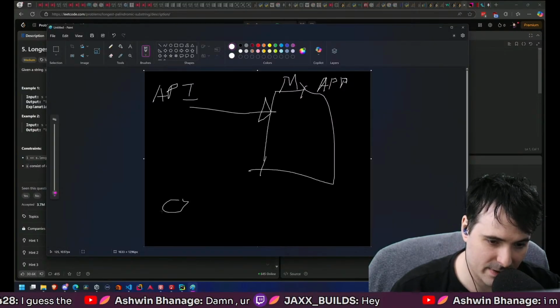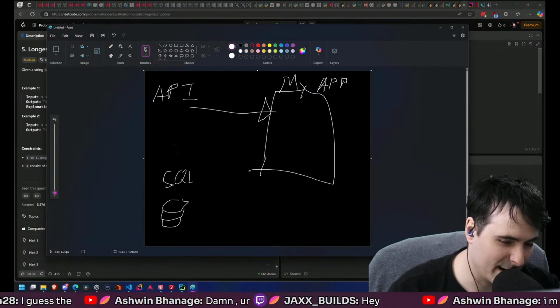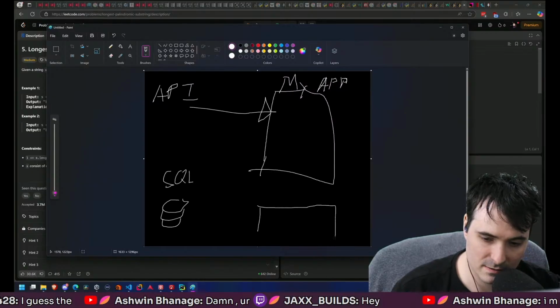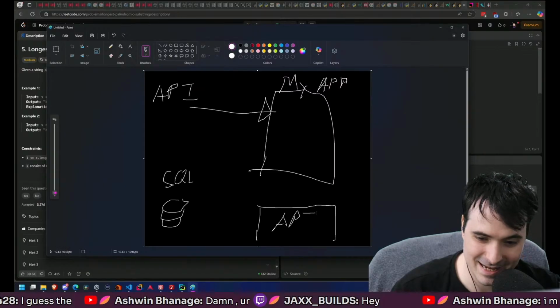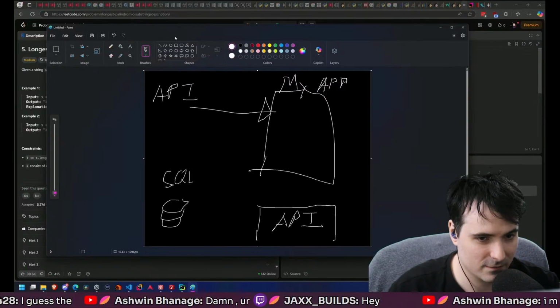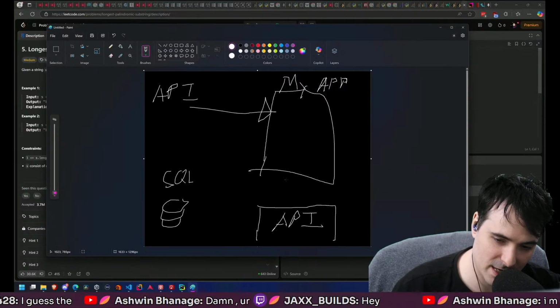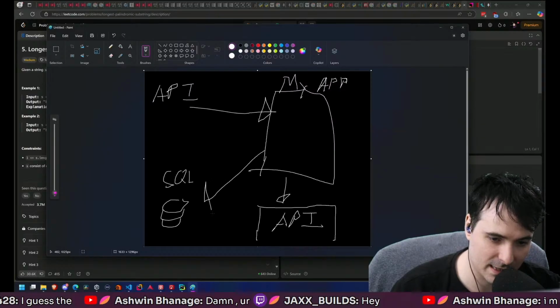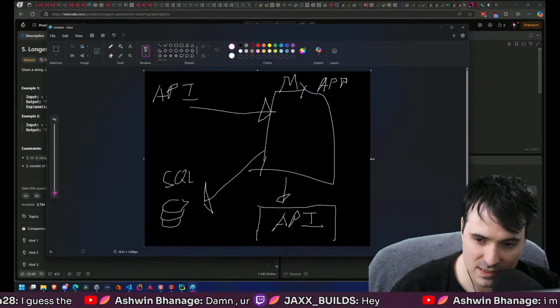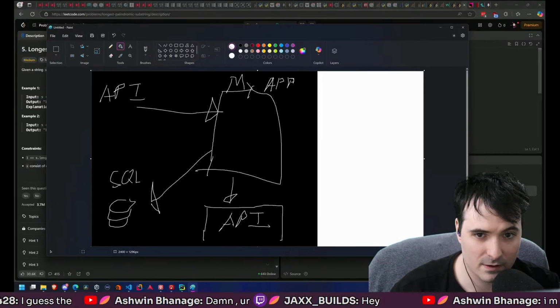and I might have a database, right? This will be SQL for the most part. This could be Mongo as well, or another service API, right? So this is third party. These are both effectively third party. So I'm either punting it here or punting it here. And then there's also the situation where you have